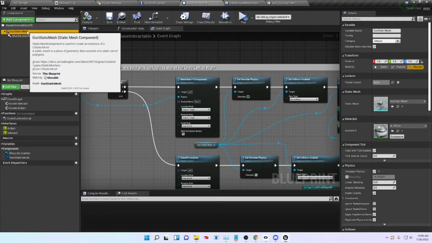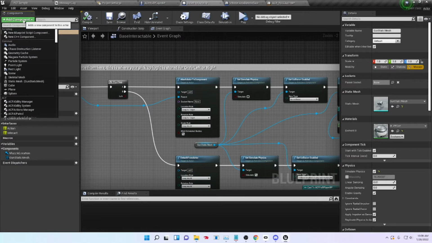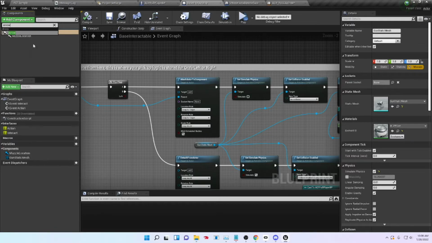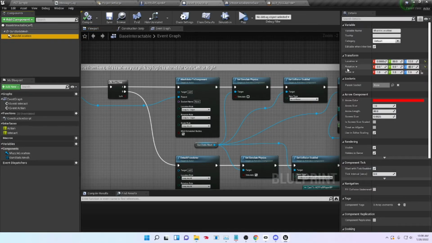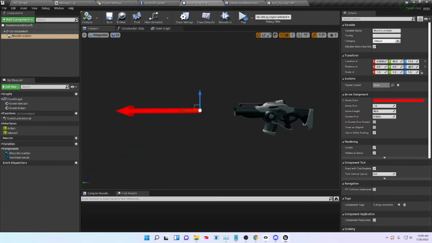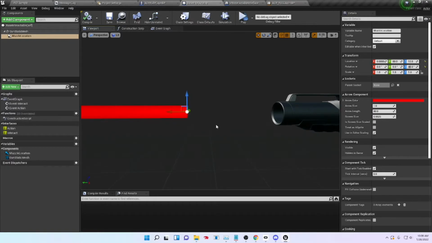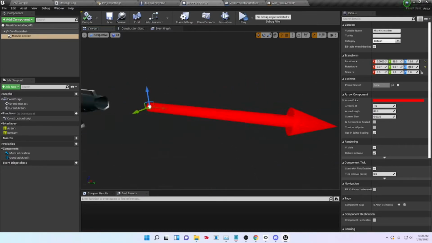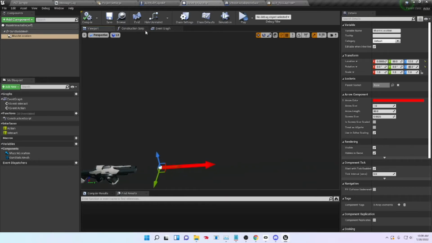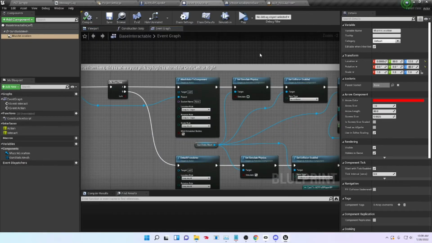Then after that, with this selected, click this and type in arrow to add an arrow component to your gun static mesh. So go ahead and get this lined up with your gun, wherever you want it to start from, and that is kind of where your start sequence is going to start for firing the gun later. And again, this can be used with any other type of thing out there. Maybe you have a weapon you're trying to activate during a certain amount of time. You'll be able to use this exact same concept and replicate it for that. Anyways,